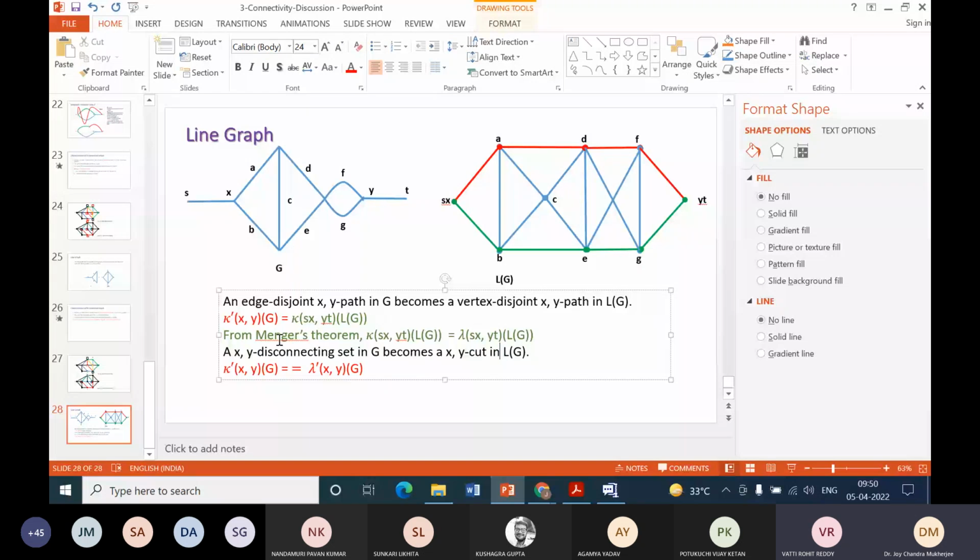Now from Menger's theorem we know that if it is a vertex disjoint path, then that is the maximum number of vertex disjoint paths in the graph, also in LG. Now if it is a vertex disjoint path here, then it will be an edge disjoint path here itself. So if it is a vertex disjoint path,